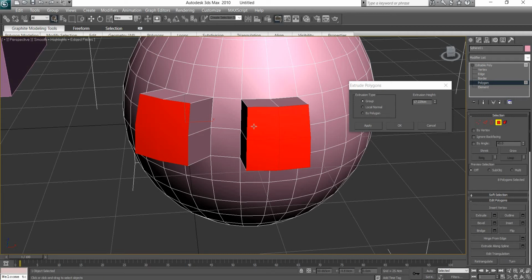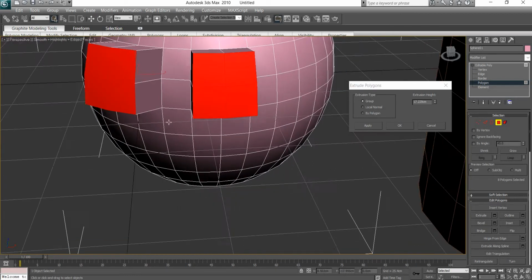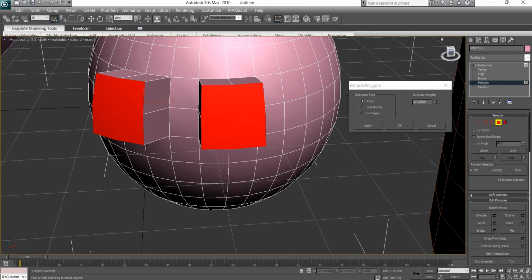So though we have 8 polygons in our selection, we only have 2 separate extrusions. So we can use that option as we require. And if we go for a local normal, by keeping the same selection, I am going to select the local normal. So carefully look. So if we have a group, that means the extrusion is